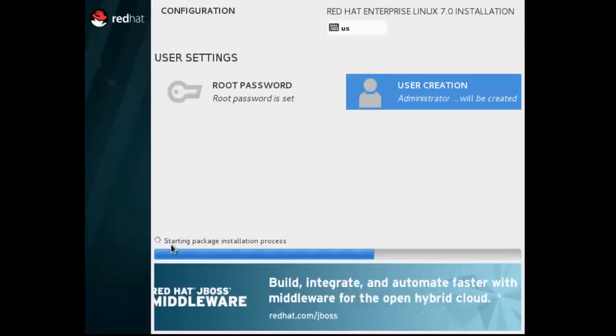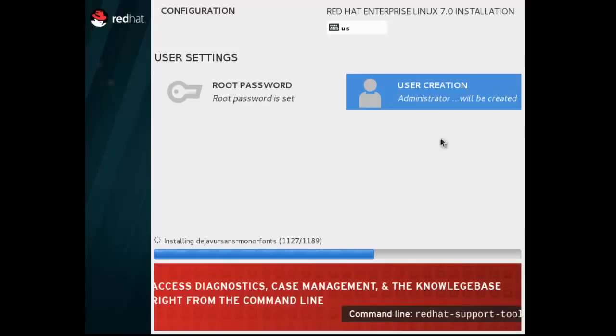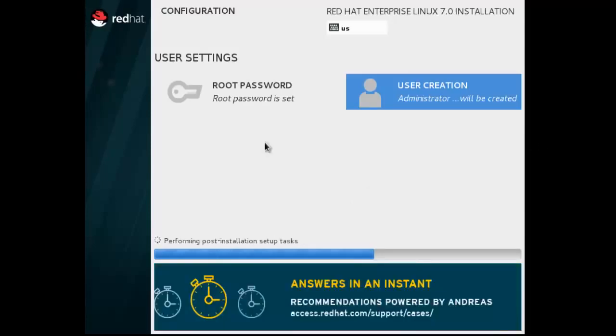And you can see here the package installation process is starting, and it may take some time to install, so I just pause this video and come back. As you can see, our package installation process will be completed soon, and now it's performing post installation setup tasks.